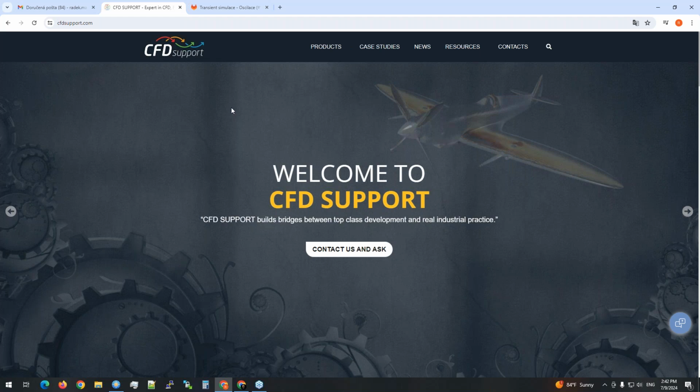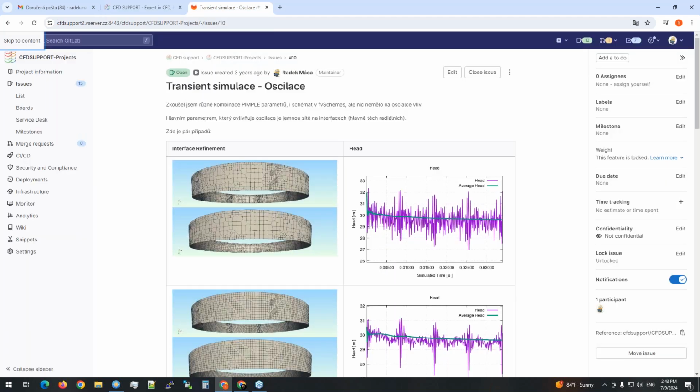Yeah, there was another question which is pretty relevant. It was whether the interface between the rotor and static parts can influence the acoustic properties, because we know that sometimes it may happen that the interface produces various oscillations. So again, it's a good question. Radek is telling me yes, we had this